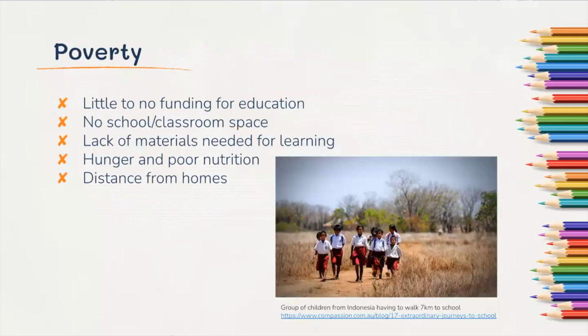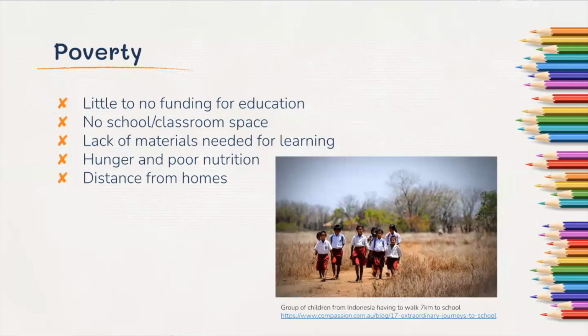Poverty is the biggest problem surrounding the education system. In developing countries, there is almost no funding that goes toward education, and because of that, there are hardly any schools or classrooms available for children to learn in. Another thing that lack of funding has caused is there are little to no materials that are needed, like textbooks,